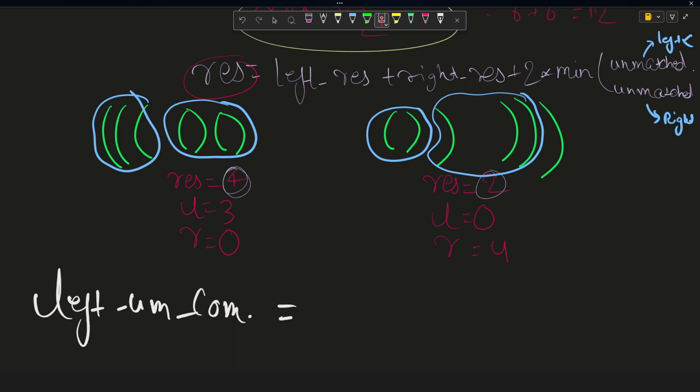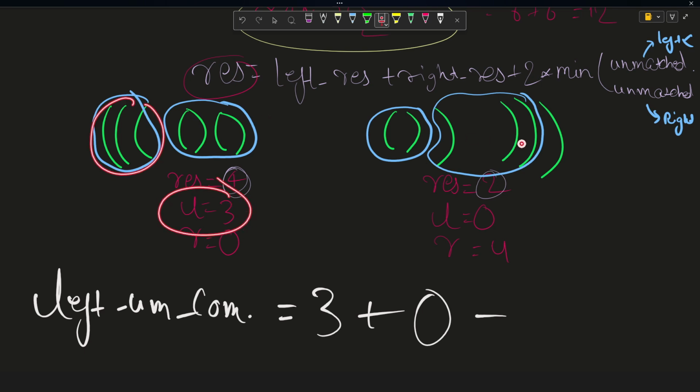Initially the left unmatched bracket value for the left child is 3, so I will say 3 plus the number of left unmatched brackets for the right child, which was 0 because there was no such bracket present here. So 0 minus whatever the minimum number of brackets we have used in order to combine with the opposite side. Since here we have combined all 3 opening brackets